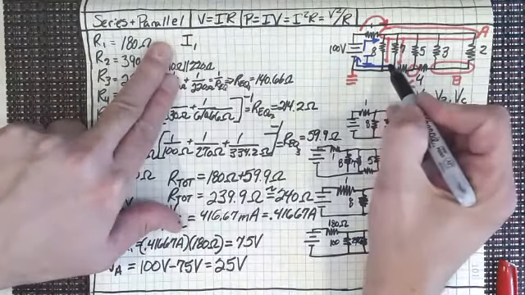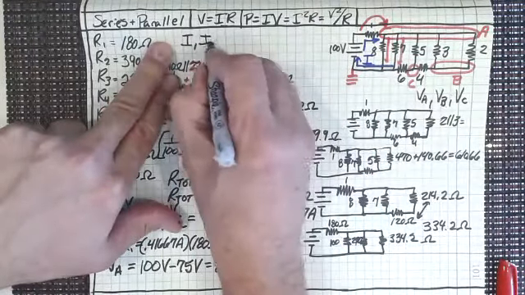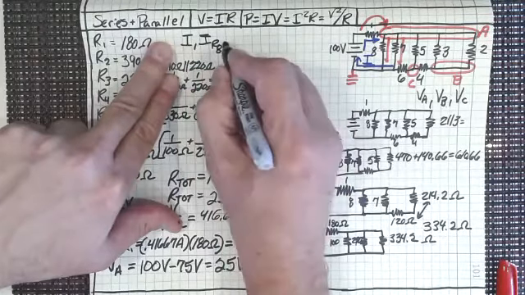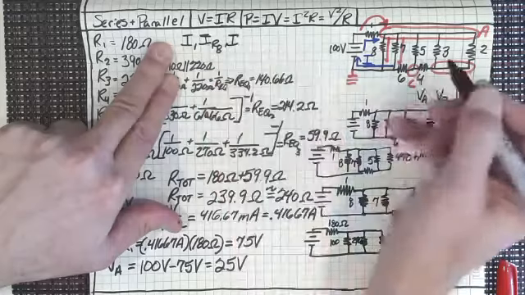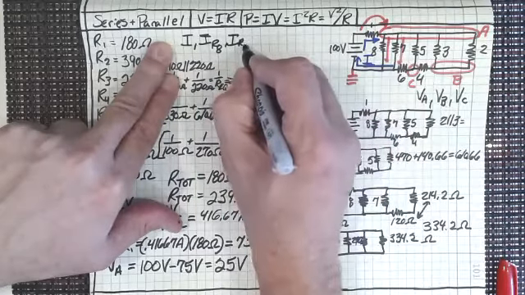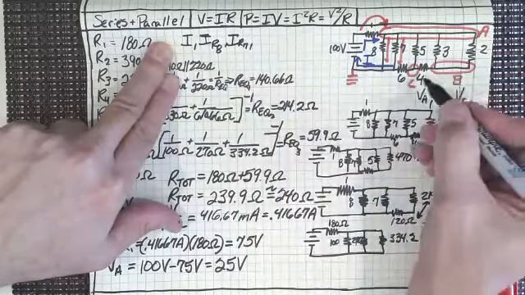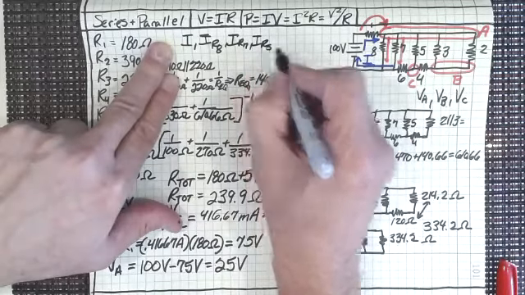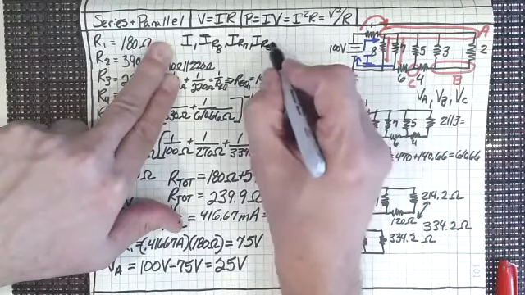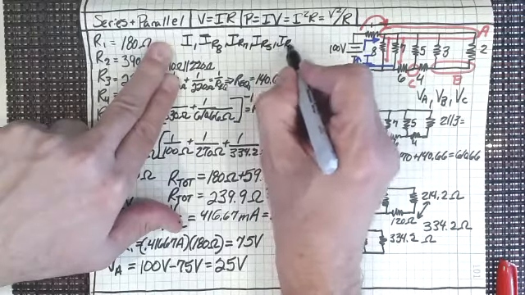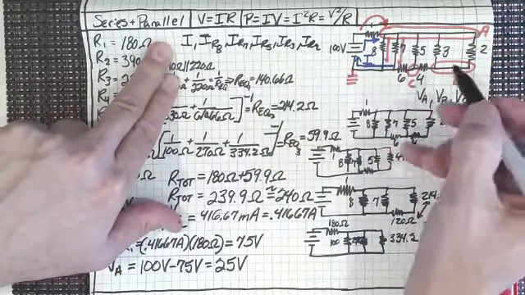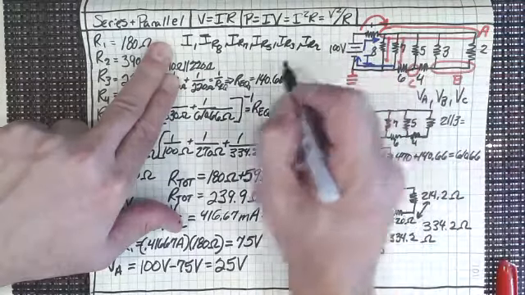We have to find the current through resistor 8, the current through resistor 7, the current through 5, 3, 2. We know what it is through 1. And